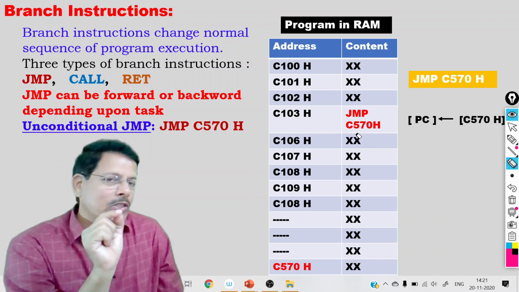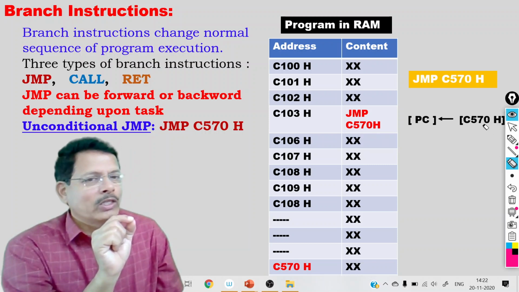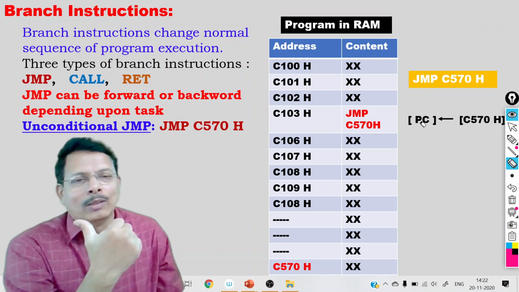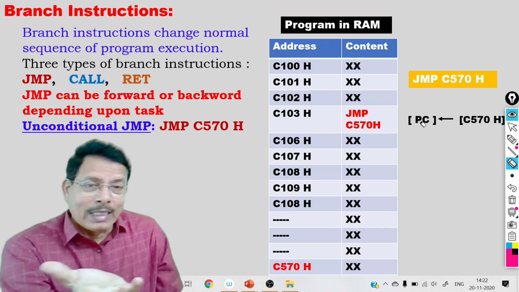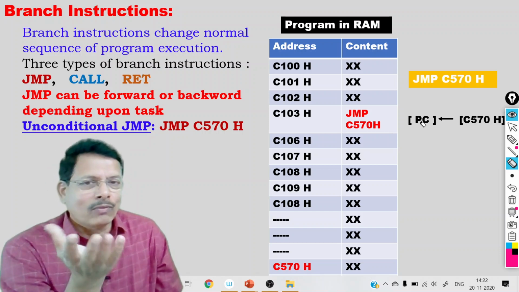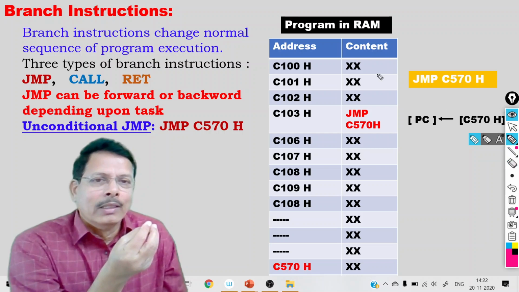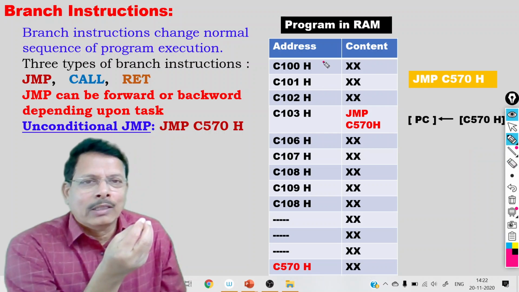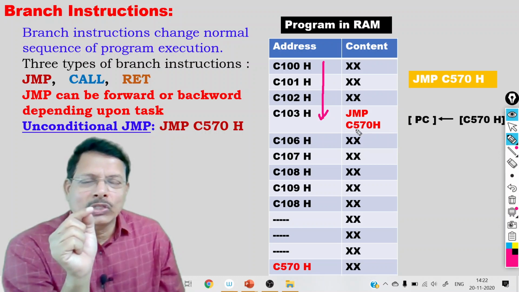And that's why the jump instruction, what it does actually, C570H gets loaded into the program counter. And therefore, that will be the next instruction to be executed. And therefore, for this case, how will it execute? It will execute like this: this instruction, this instruction, this instruction. It's okay up to this, but at this point the instruction is